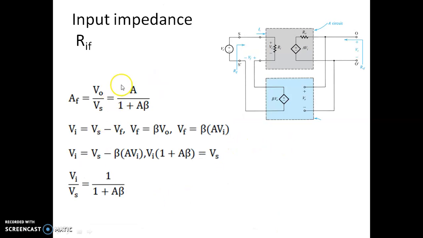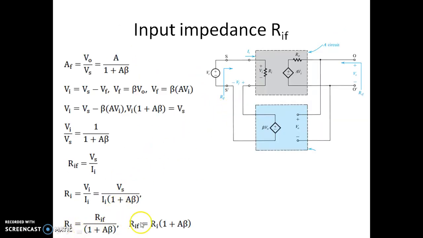Of course, in the last video we also had a look at the input impedance. If Ri is the input impedance of the amplifier without feedback, RIF is the input impedance of the amplifier with feedback. We found in the last video that the input impedance with feedback is 1 plus A beta times the input impedance without feedback. So the input impedance will increase by 1 plus A beta times, which is a good sign for an amplifier. We are supposed to have the input impedance of an amplifier as high as possible. Ideally it should be infinity, so it is better to increase the input impedance.